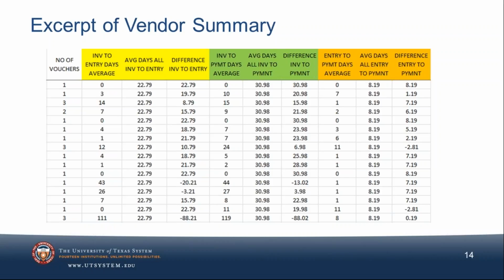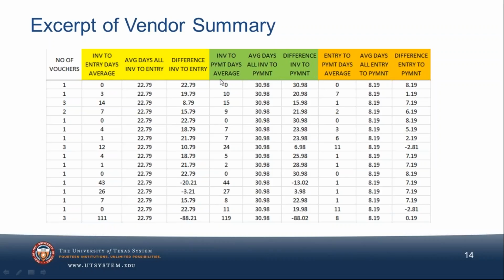What about invoice to payment days? So again, I would be interested definitely if I saw a negative number here, because that does indicate that it was paid before the date on the invoice. So that would be an interesting situation, how we paid something without the invoice. Although I'm sure there's a case where that is perfectly acceptable and normal. I'm sure that happens somewhere. Entry to payment days. So again, same concept. This just takes all of them together. You know, I'd be looking for any that are negative.